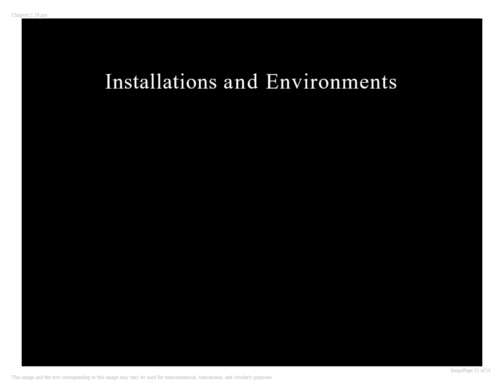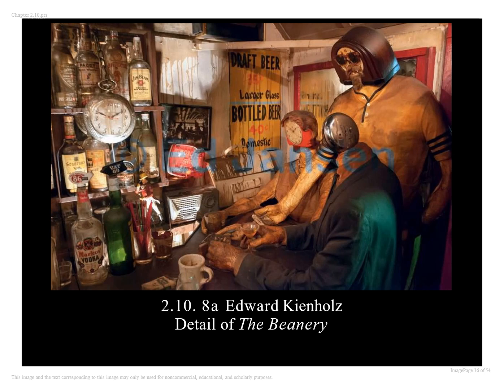Installations and environments. This is one of your study guide images, and this is a detail of it, as you can see, and it's Edward Kienholz's The Beanery. It's an installation because the entire thing, and I'll show you the whole picture in a second, was installed in museums. You can also think of it as a sculptural tableau or one of those stationary scenes arranged for artistic impact. And I just want to point out on this one that the faces are clocks, and I'll explain that in a minute.